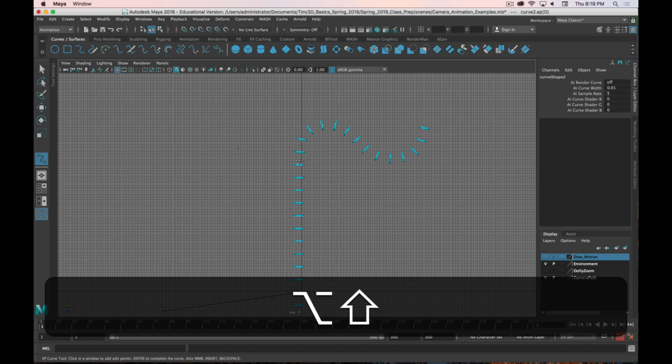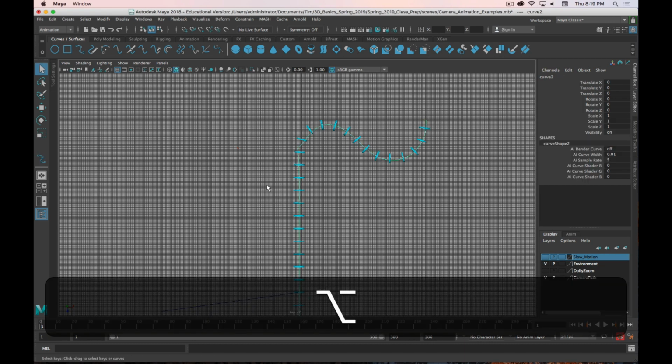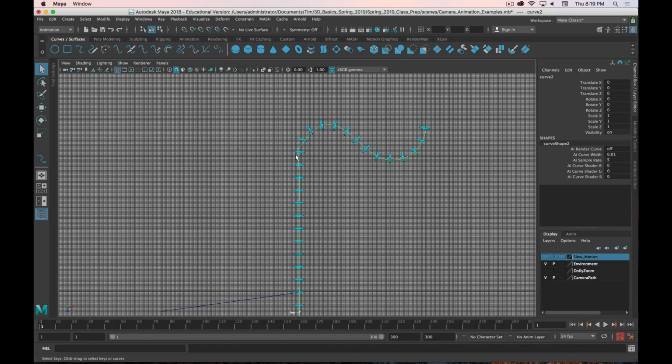I'm going to hold down Shift and add a point down here to keep it straight, and then I'll add another kind of straight point there, and just trace my path. Okay. Hit Q to go into object mode. You see I've got a little kind of right angle here that